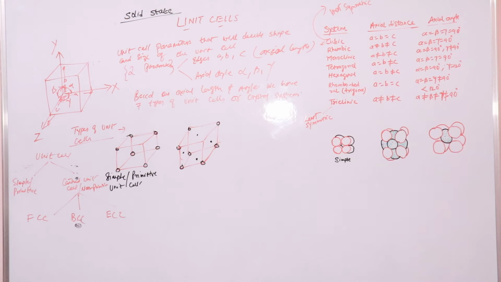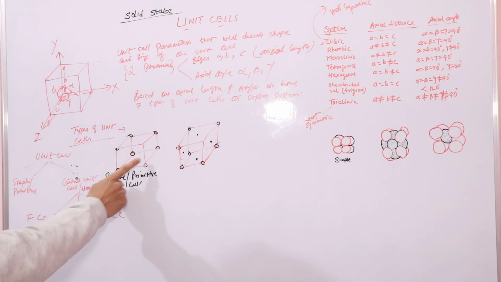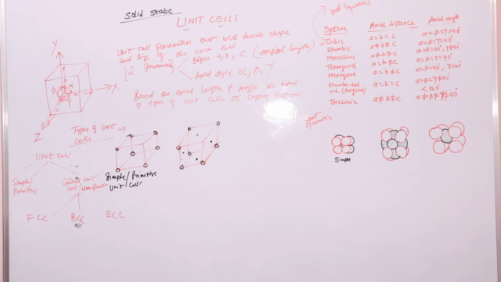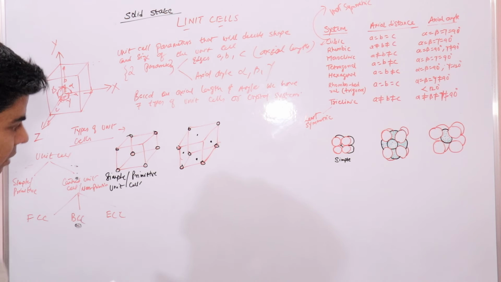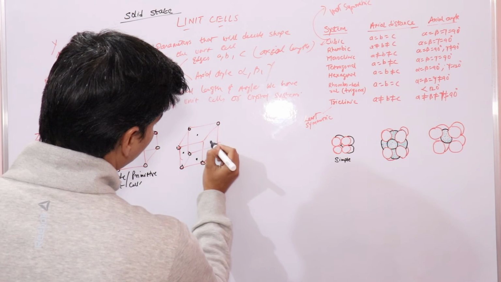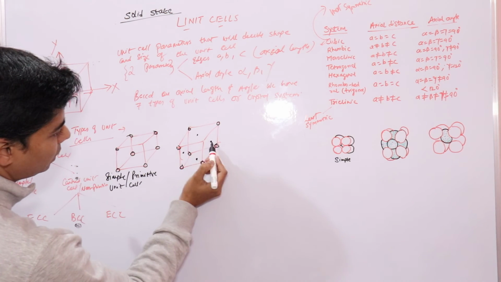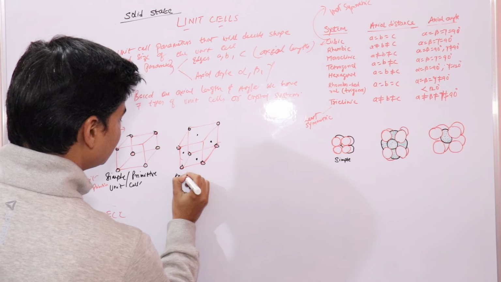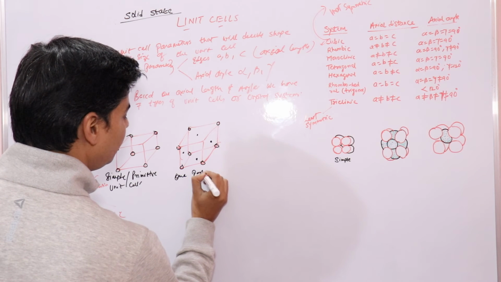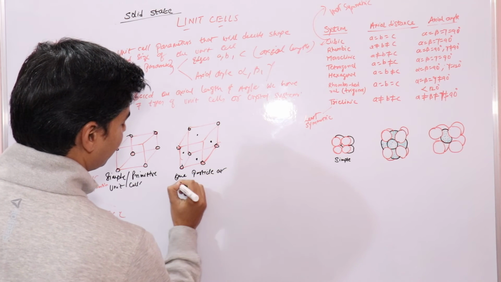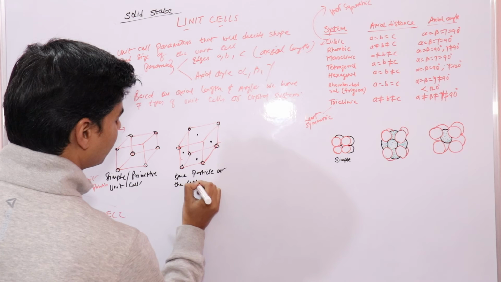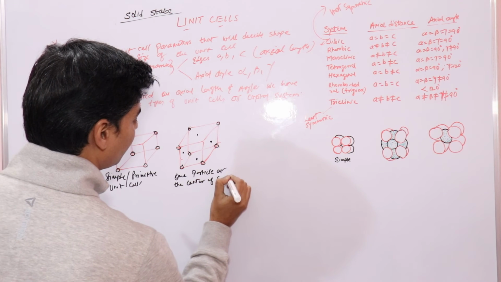Unit cells which have constituent particles only at its corners are your simple ones. Then there is face centered, a unit cell having one constituent particle at the center of each face, right? I've shown it with the black dot. So here we say one particle at the center of each face,